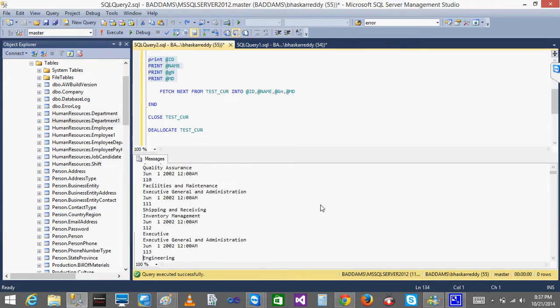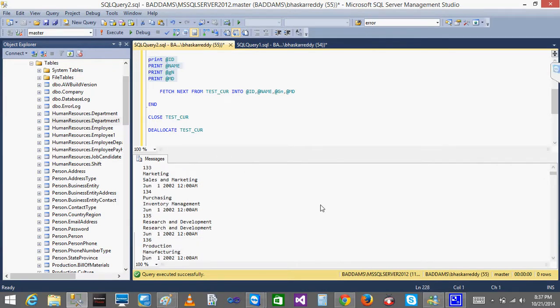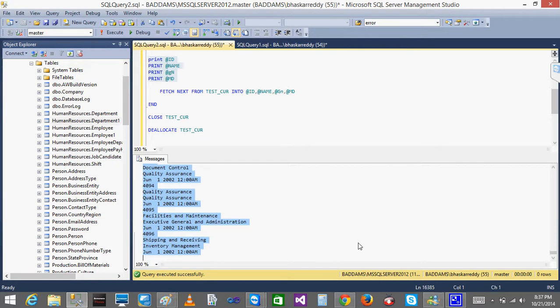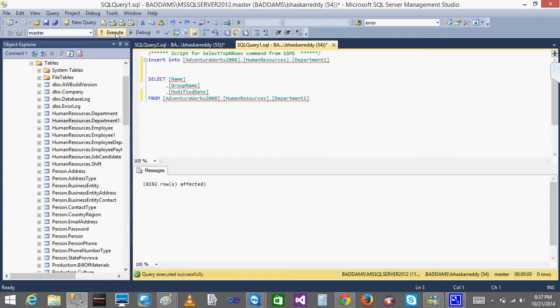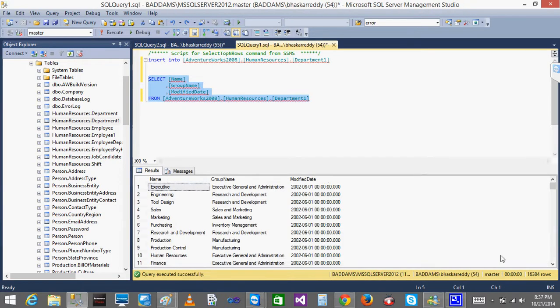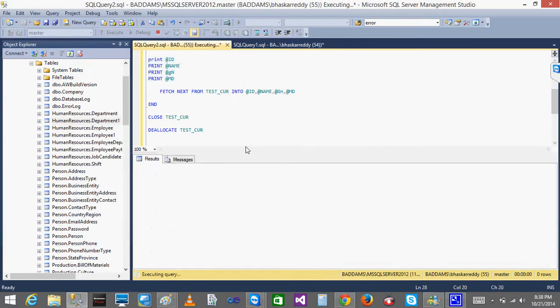So there are like 4096 records here. But since it is not big data, it took less than a second. Now what I am going to do is insert the data into this again. Oh, sorry, the identity column is a small int, that's the reason. Okay, now you got 16,384. For retrieving that data, it took less than 1 second. Now by using the cursor, I'll print the same data.